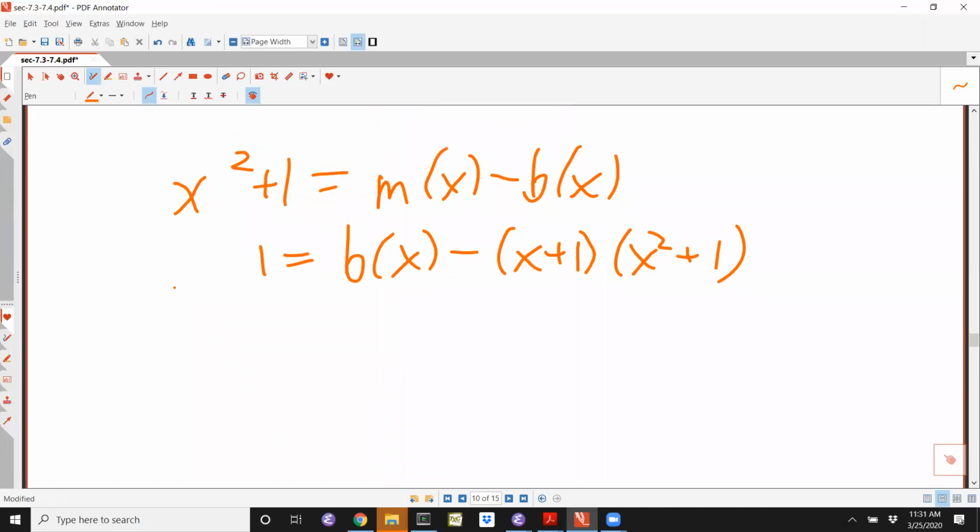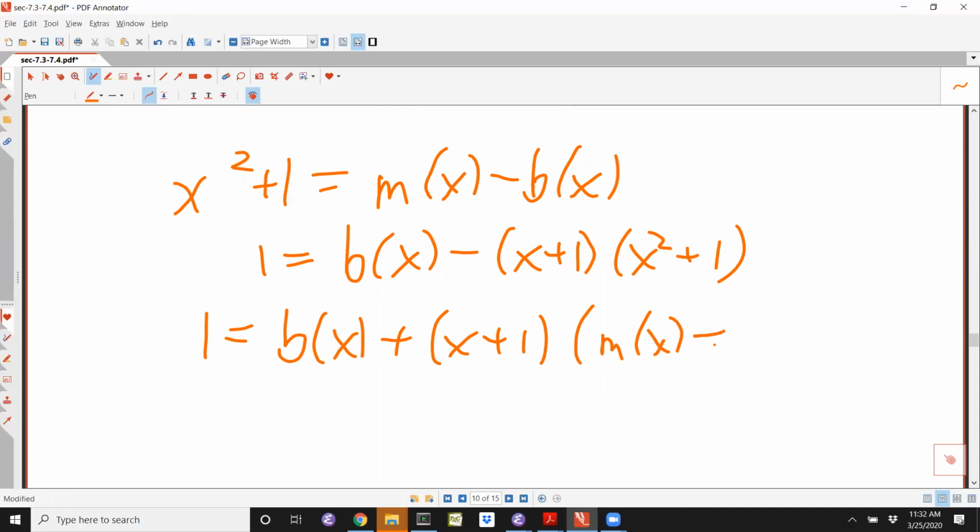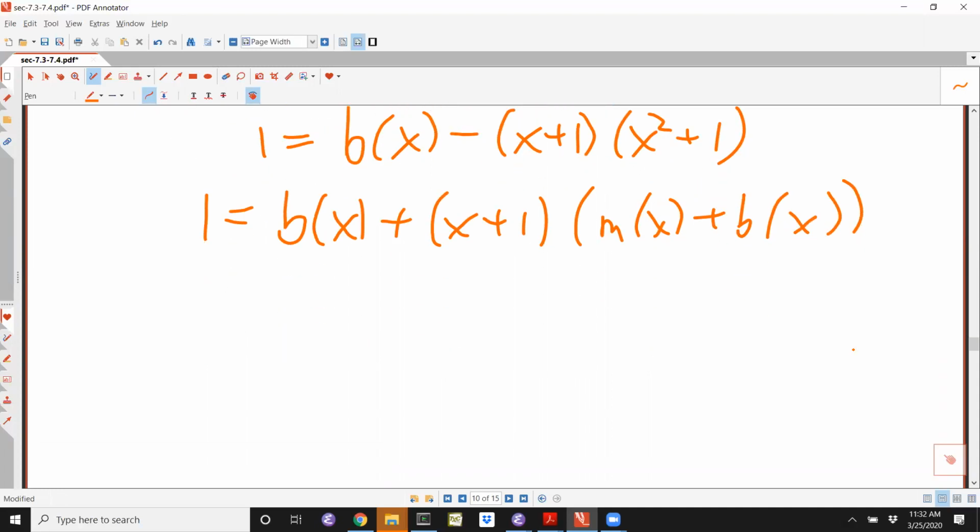And so we see that 1 is equal to b of x, and remember minus is plus, x plus 1 times x squared plus 1, which is m of x plus b of x, because plus is equal to minus. So whatever. And now remember, mod m of x, and if you look back, you do the same sort of calculation. We get 1 is equal